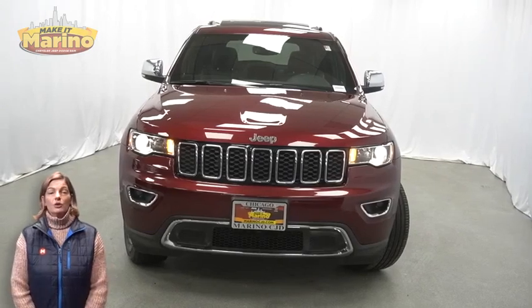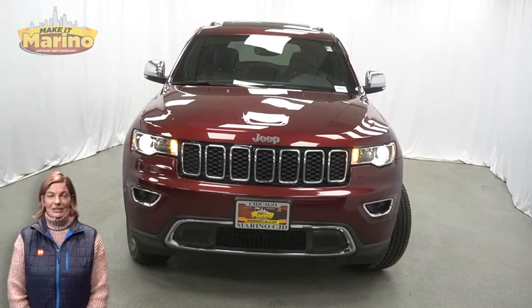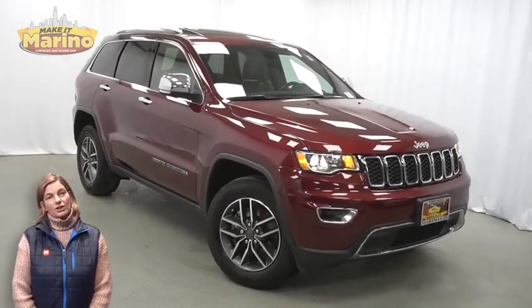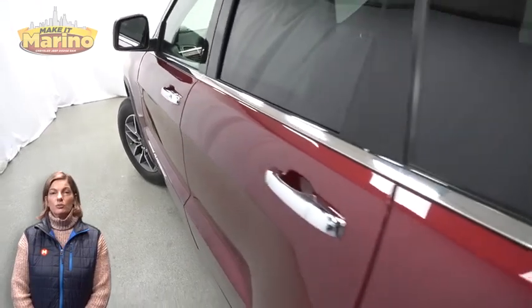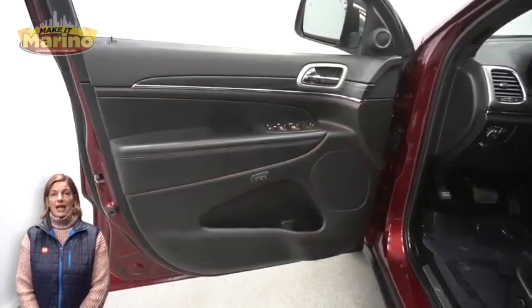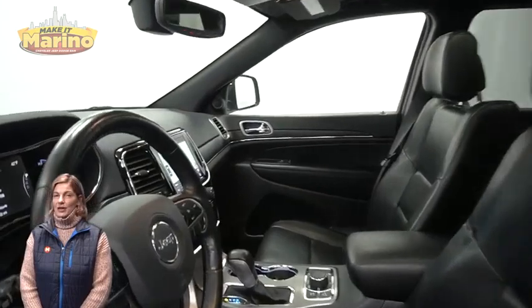Looking for a highly equipped SUV with all the right options and reliability? We'll take a look at this certified pre-owned 2021 Jeep Grand Cherokee Limited in Velvet Red Pearl. With halogen quad headlamps, premium fog lamps, 18-inch aluminum wheels, blind spot and cross path detection, LED tail lamps, heated and ventilated front seats, heated steering wheel, 42,000 miles on the odometer,